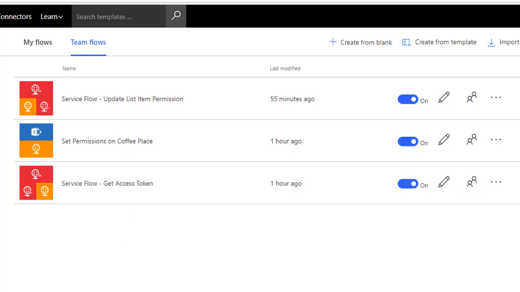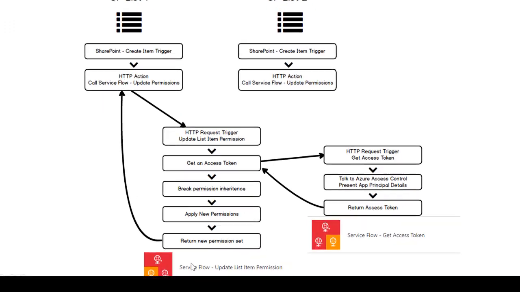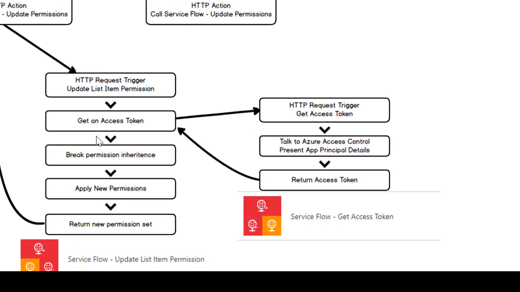So just to help you recall, what I just showed you was basically all of this process: going and breaking an inheritance, applying new permissions and returning a new permission set. What about generating this access token in the first place that gives me the authorization to do this? Well,